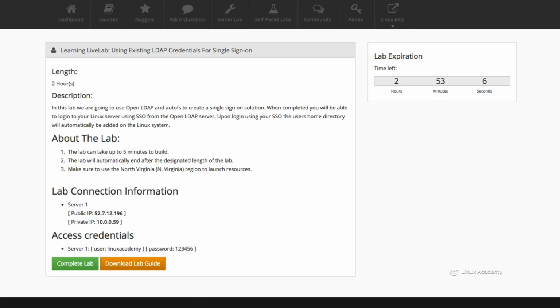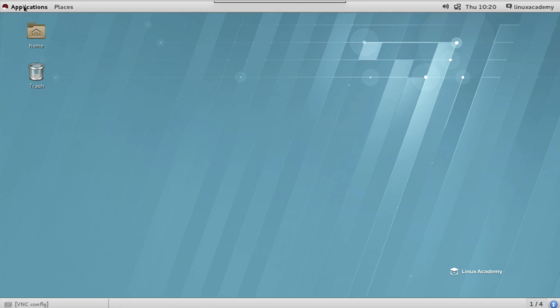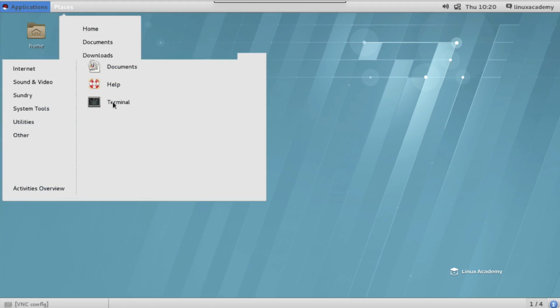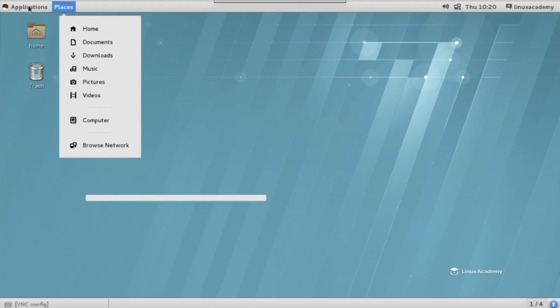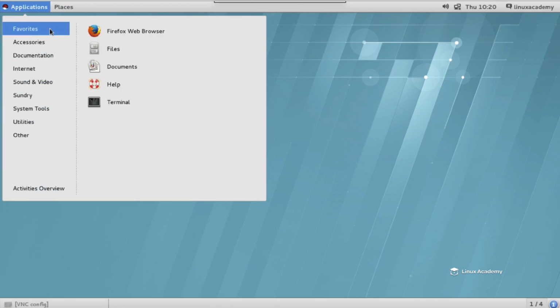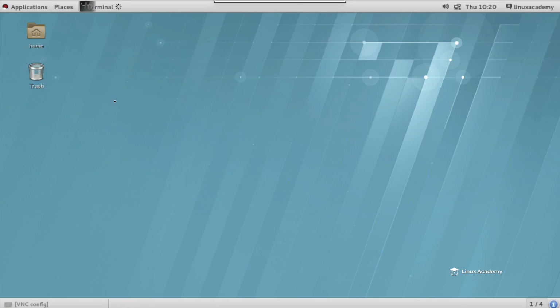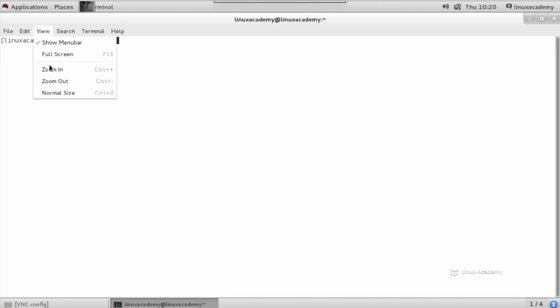So let's go ahead and connect to our lab server using VNC. The VNC user password, which was provided in the lab guide, is 123456. So let's also go ahead and open up a new terminal window inside of our VNC. So inside of here, I'm going to fix my zoom so you can see better. I'm going to do a su into the root user. That's also